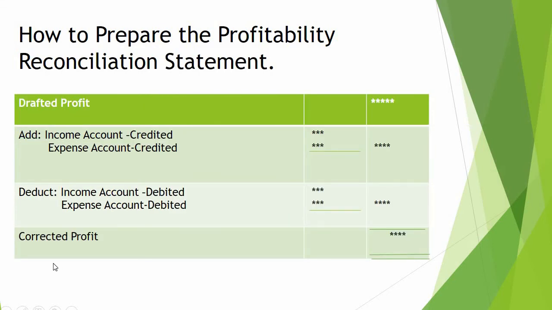In this slide, you can see the format of a profitability reconciliation statement. When you are given a sum, you need to prepare the profitability reconciliation statement like this.